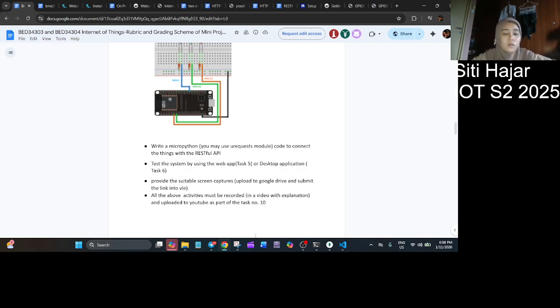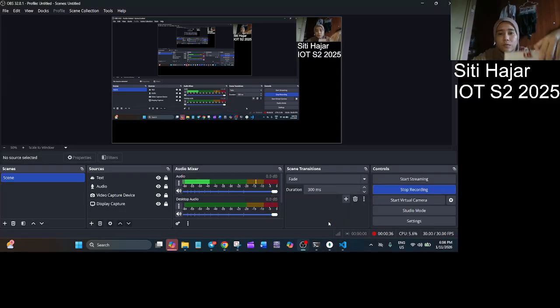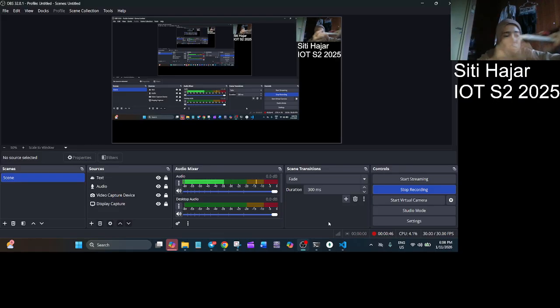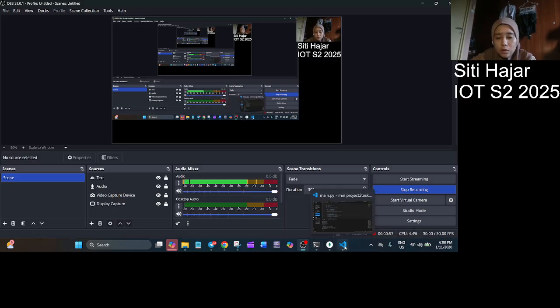So basically I already constructed the circuit here. This is the LED, this is GPIO 2, GPIO 33 and GPIO 32. Okay, and so first things first, basically